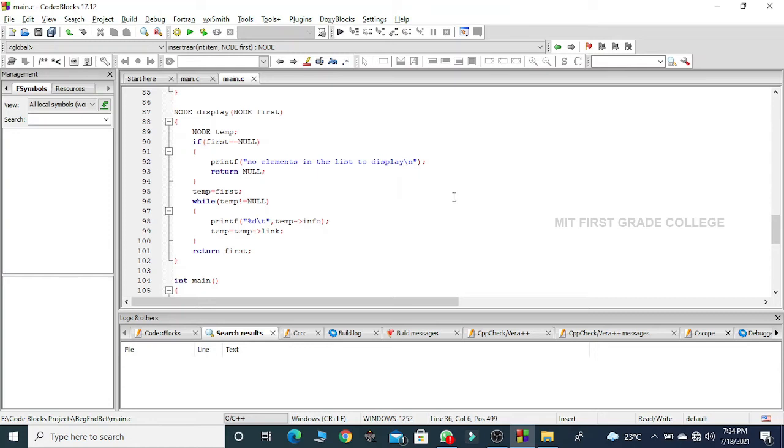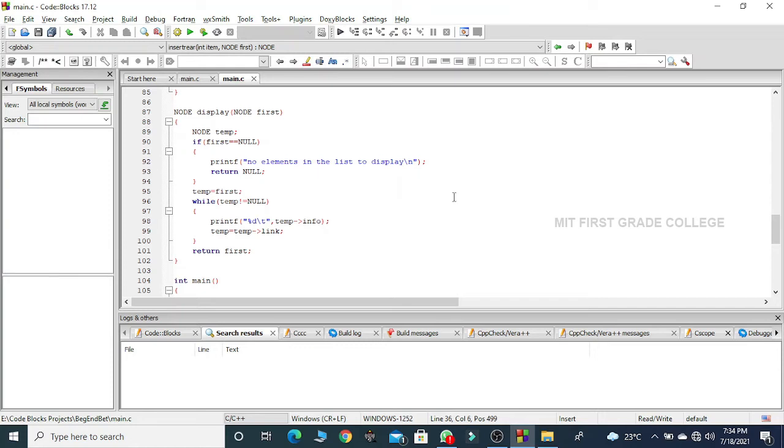If my linked list is empty, I cannot display the nodes of my linked list. For this reason, I check the condition if my first is equal to null. If my first is holding a value null, I print no elements in the list to display, and I return null.